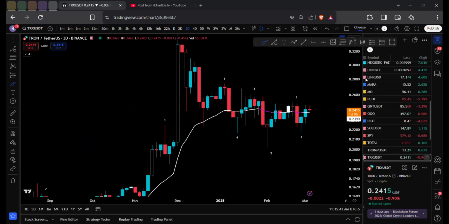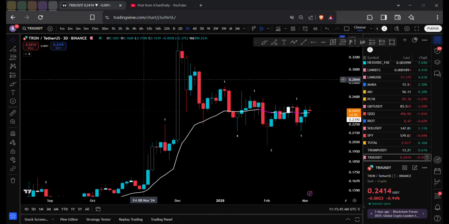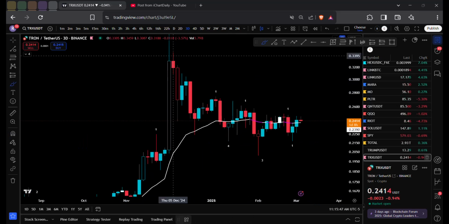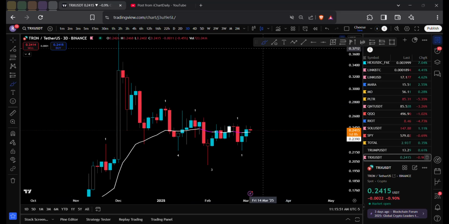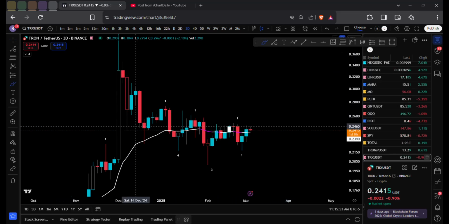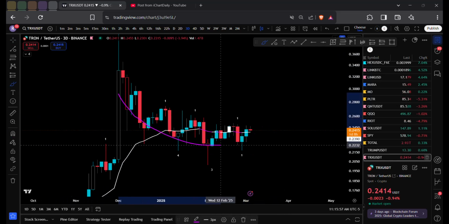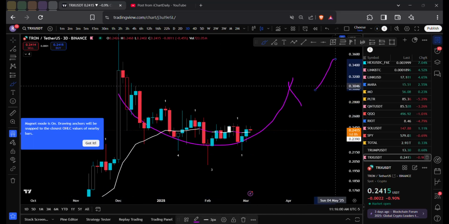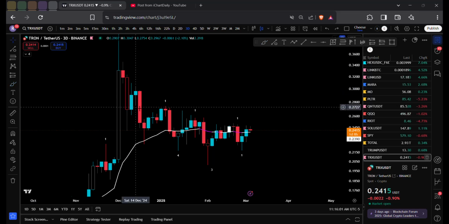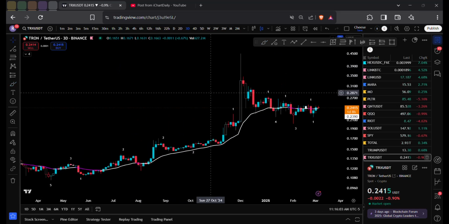Some people find it easier to see more bullish patterns play out. This looks like a nice rounding bottom. If we do go back up, rounding top, sorry, well, rounding bottom, yeah. So if we do this and we go back to this level, possibly we could do this, and then do this. Since the long-term trend still remains bullish, I like Tron.